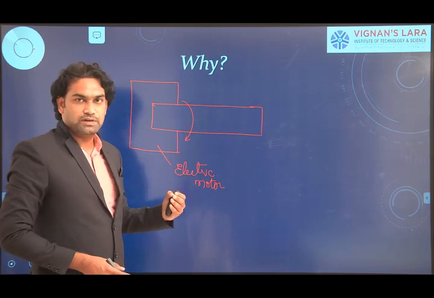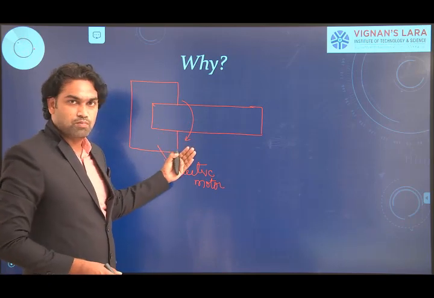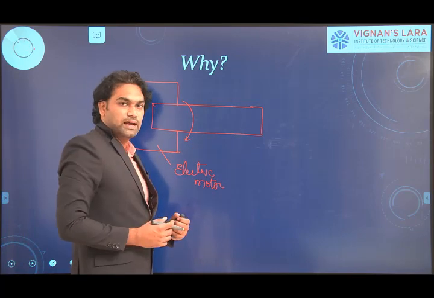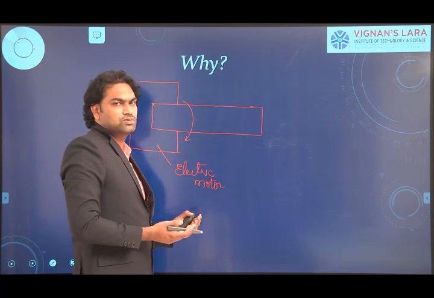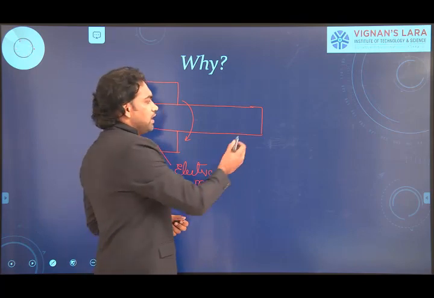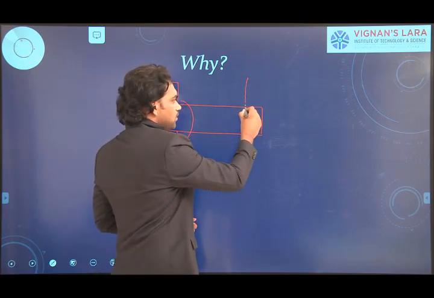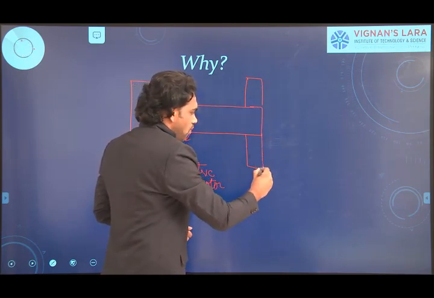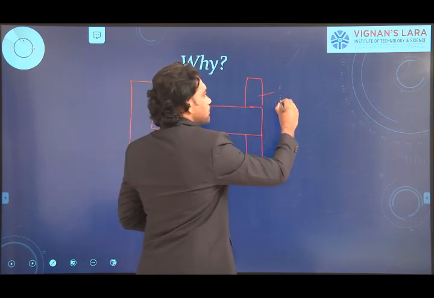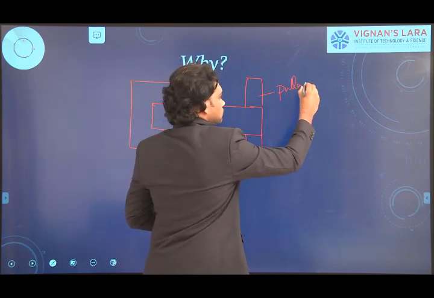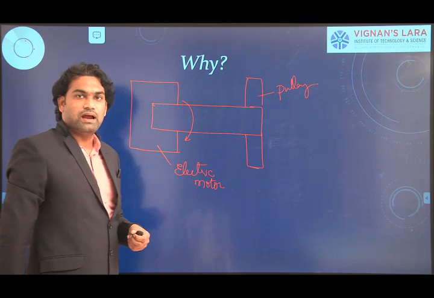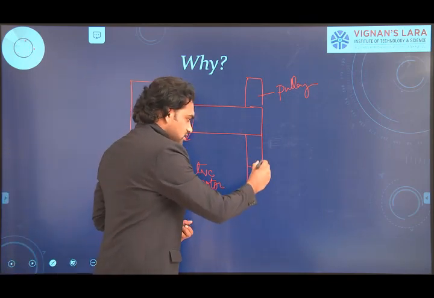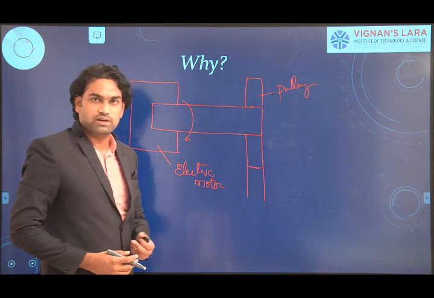In order to transmit power from this power source, that is the electric motor, I am going to mount another intermediate power transmitting device like a belt drive. For that we require a pulley, so I am going to mount a pulley upon the shaft at the free end. I am going to place a shaft pulley on the shaft at the free end. Upon the pulley there is a belt to be present, towards the direction of the drive.